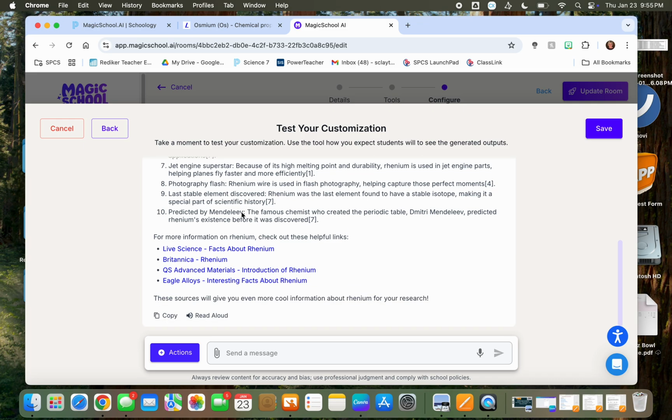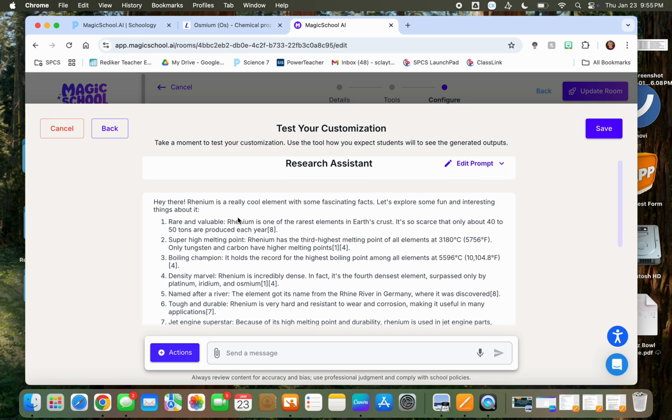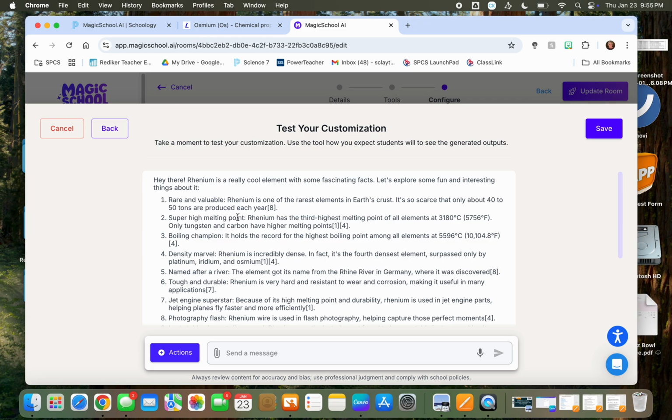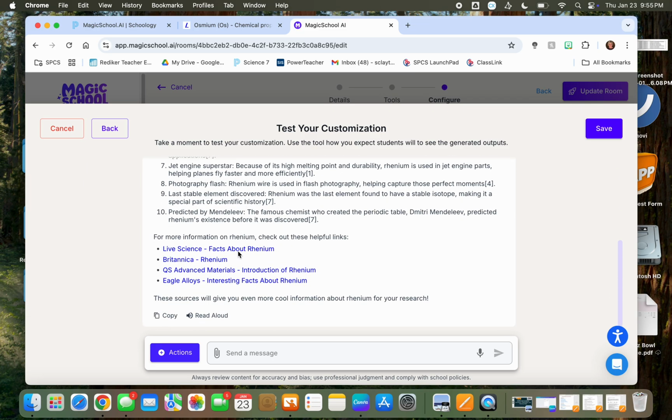What I love about this is after it sort of gives you some information, this is what makes it different than Google. After it gives you some information, then it also gives you some prompts. So for more information, there are 4 more websites that I can go to. Sometimes it'll give you a link to more videos or to,